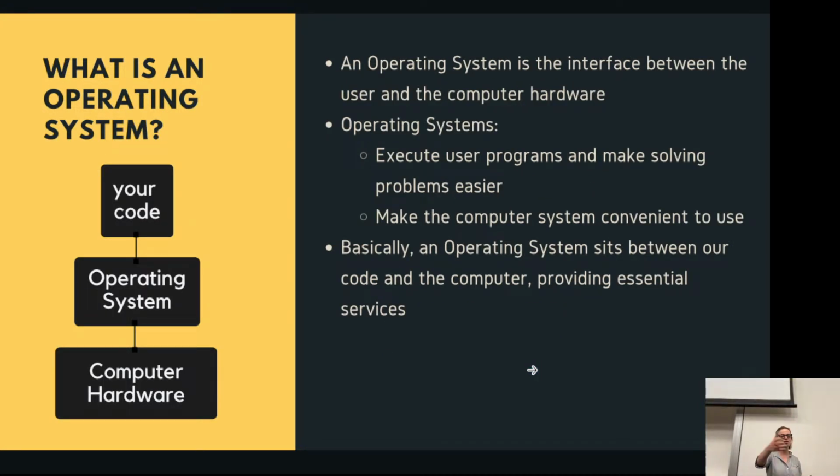Okay, who knows what an operating system is? I've got the slide up here, so I don't know why I'd ask you. Anyway, hands up. No one. I would hope if you have a computer, it might be running some sort of operating system on it. Who's using Mac OS? Few. Who's using Windows? Who's using Linux? Okay. Well, guess what? You're all going to be using Linux soon, on our lab machines.